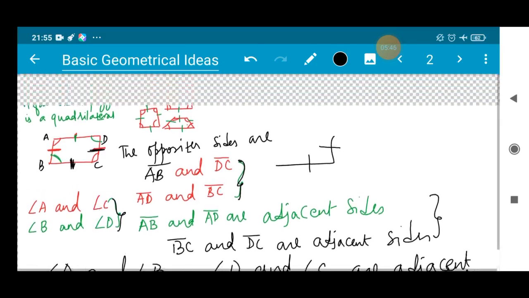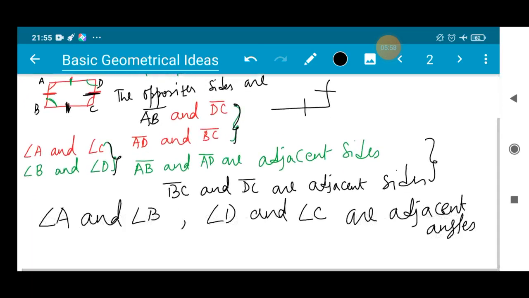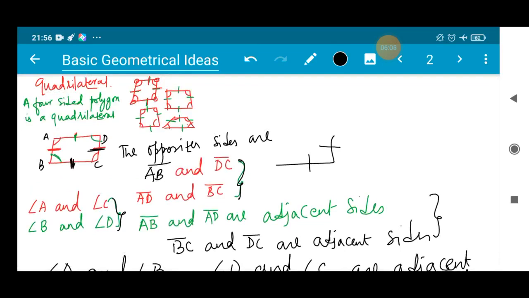So I'm recapitulating that a quadrilateral is a four-sided polygon. It has two pairs of opposite sides, two pairs of opposite angles, two pairs of adjacent sides, and two pairs of adjacent angles. If you understand all this, then this is a quadrilateral for you all. Okay, so now let us start solving the exercise